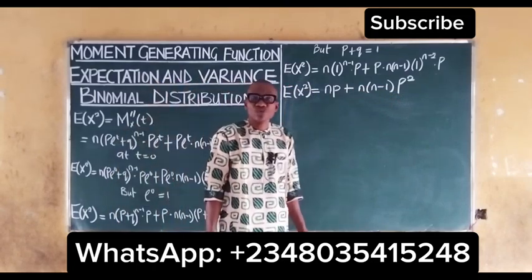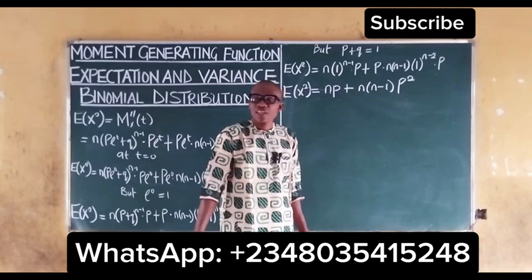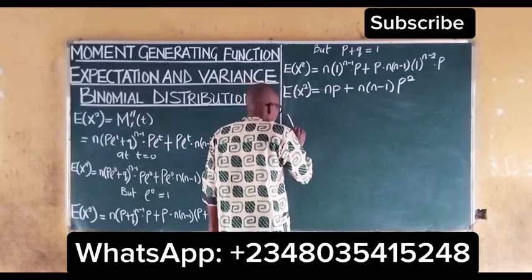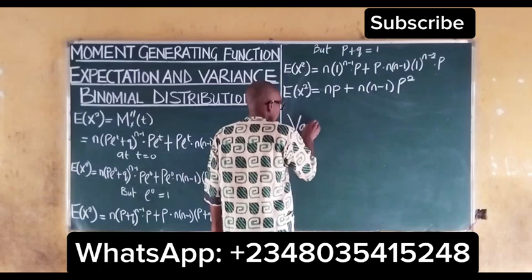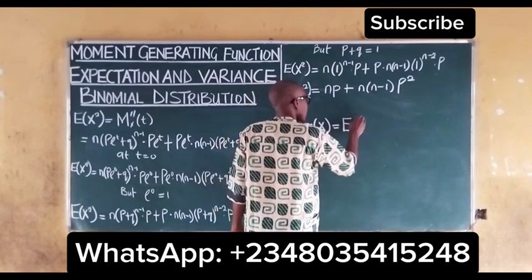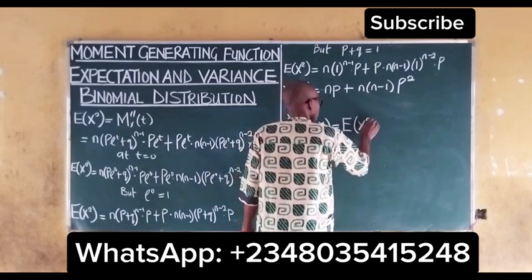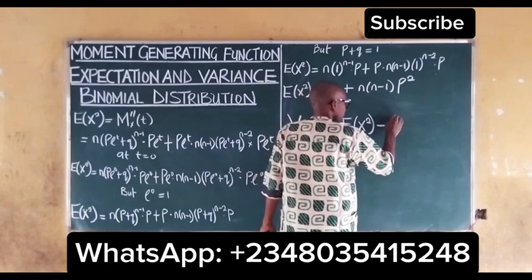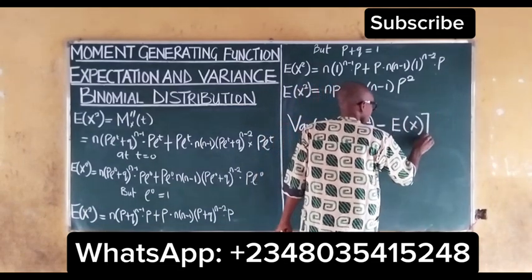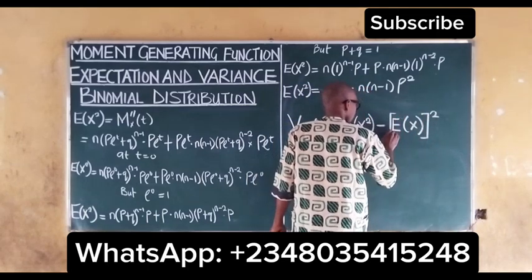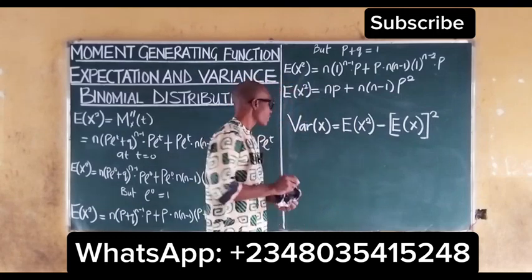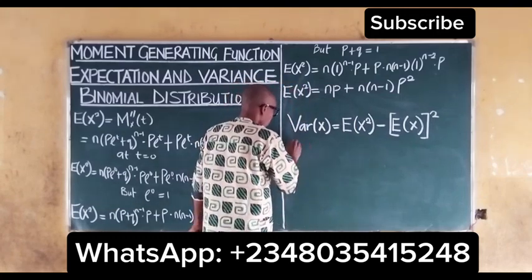The next thing to do is to find the variance. How do we look for the variance? The variance of x is equal to the expected value of x squared minus the expected value of x, all squared. This is how to look for the variance. We also need to recall that